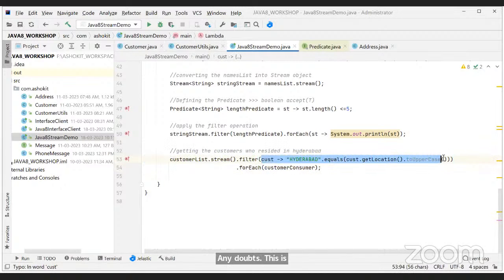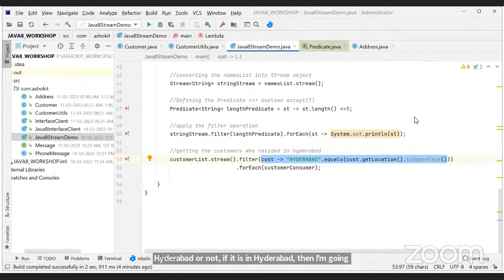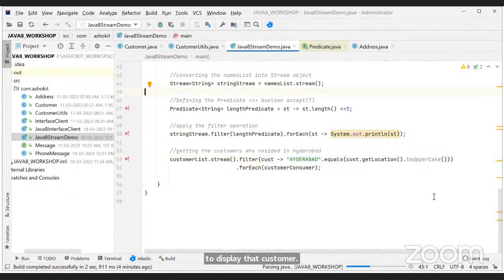This is the condition, sir. Every customer object we are validating, whether that customer location is Hyderabad or not. If it is in Hyderabad, then I'm going to display that customer information. Clear? Just right click, run as Java here.